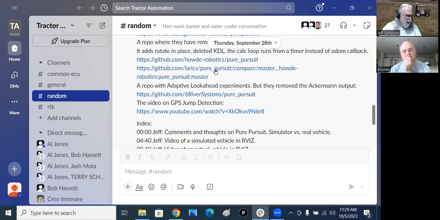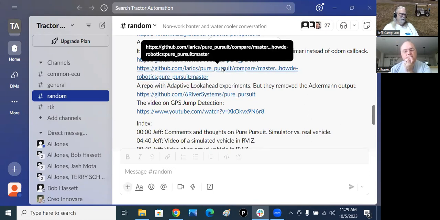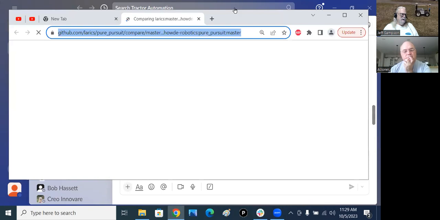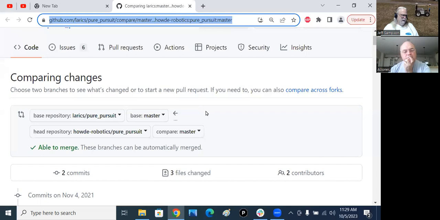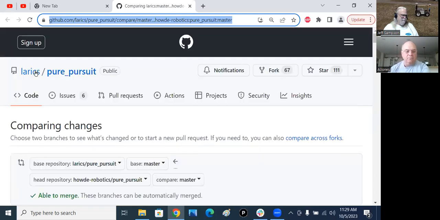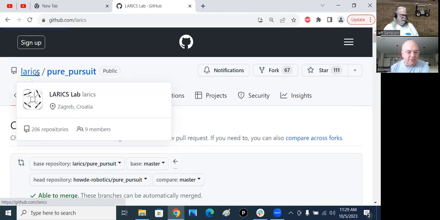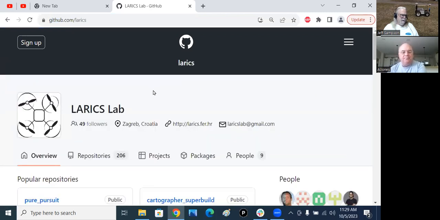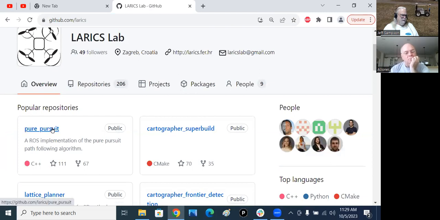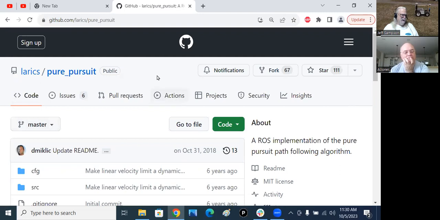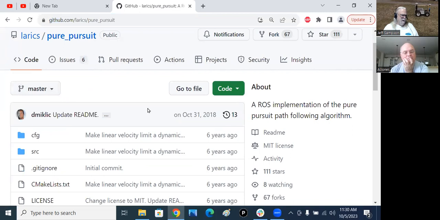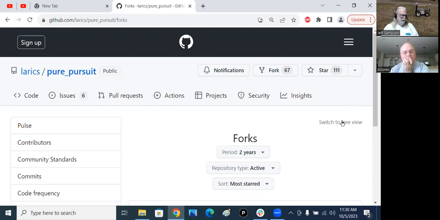So let me back up to what I was talking about here. If I go to Lyric's Pure Pursuit, I kept complaining I couldn't find who else was using this stuff. Can you see my screen at this point? Yes, I can. Comparing something, Lyrics Lab. Okay, so this is the main stuff for Pure Pursuit here. And I kept wondering, how do you find out who is using this stuff? And it turns out if you go, I think you say forks, and depending on what you're looking at,